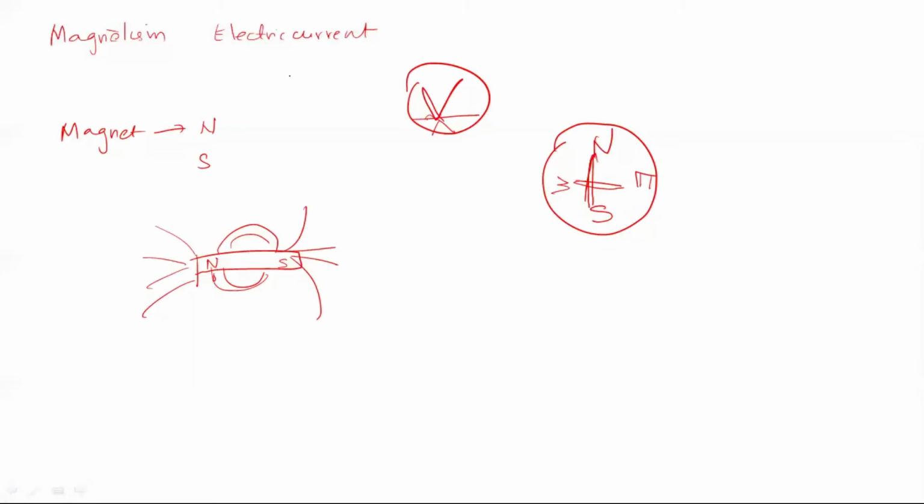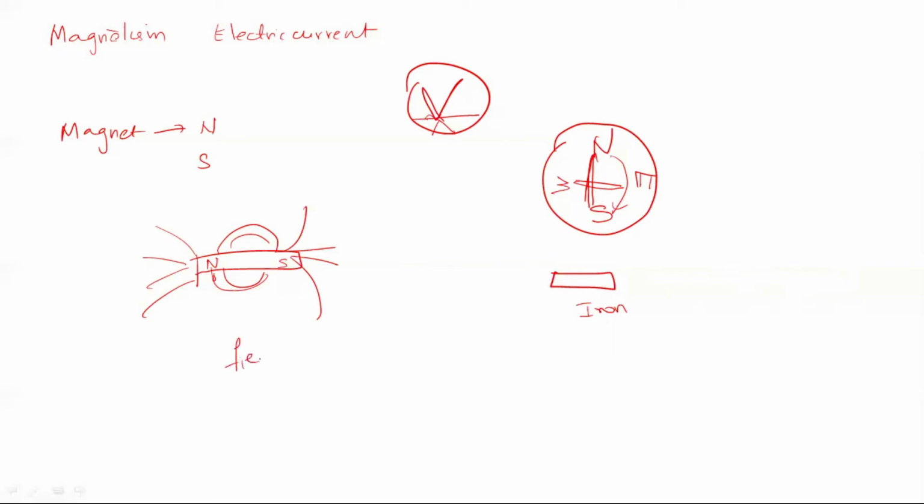When iron filings are kept near a bar magnet, they align themselves along the field lines. That means the lines travel from the north pole to the south pole, emerging from the north pole and converging to the south pole, as shown in the figure. Now you can see the figure: field lines around a bar magnet.